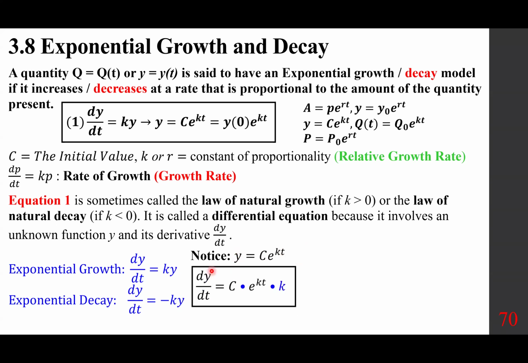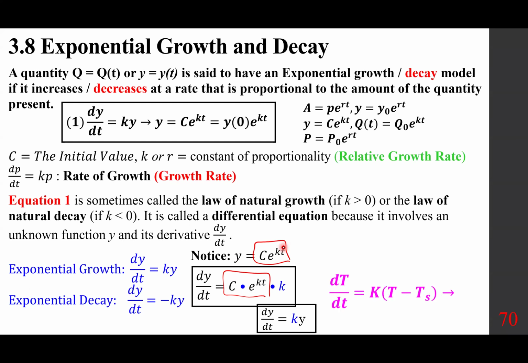So if I differentiate this, dy/dt is c e to the power of kt, and by the chain rule times k. Notice this is identical to this one. So dy/dt is k times this piece, which is y, k times y. Okay, so we proved y equals c e to the power of kt resolves. If dy/dt is ky, you can see y is c e to the power of kt. And so